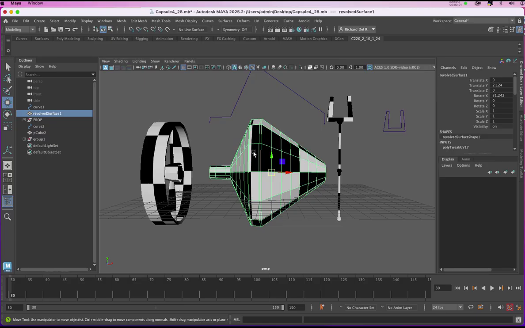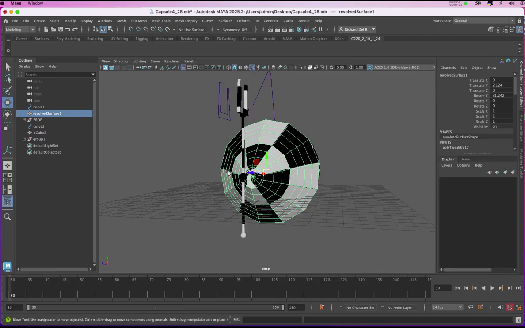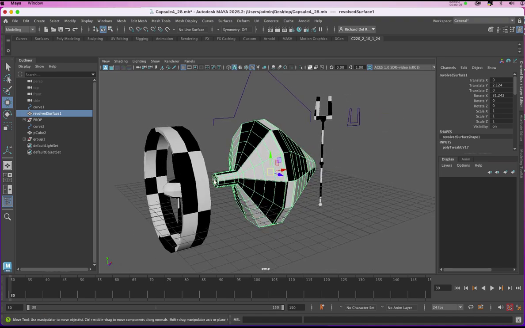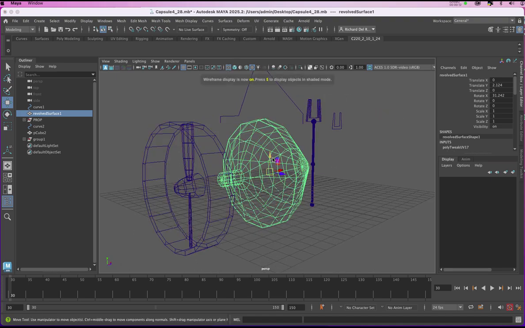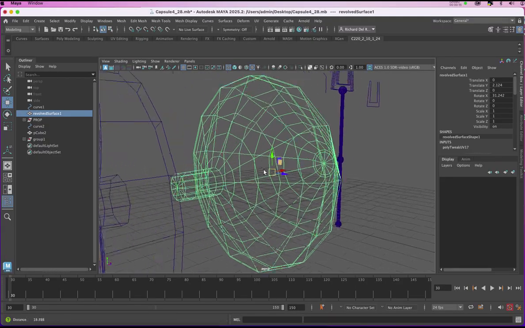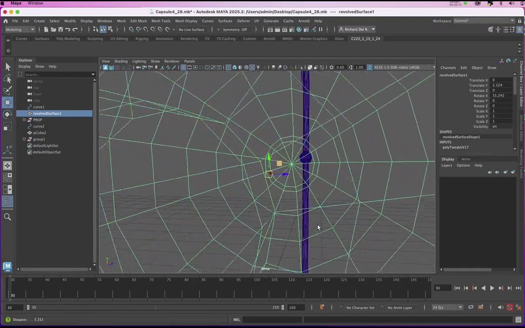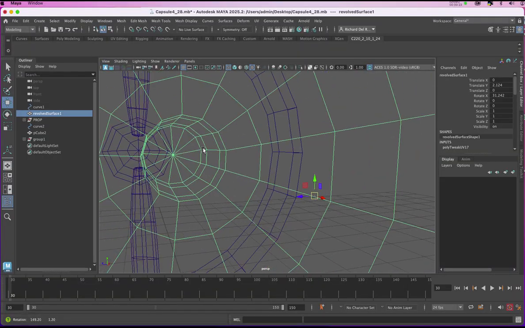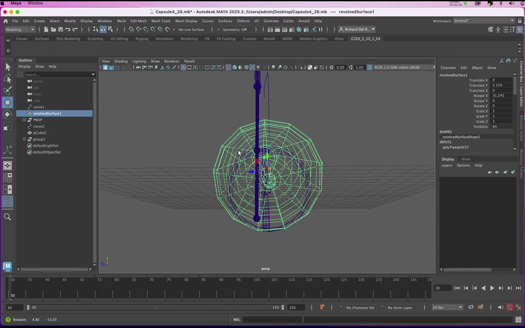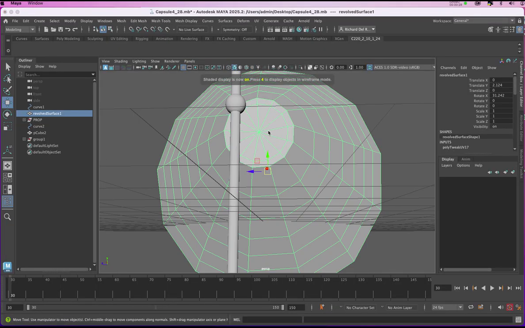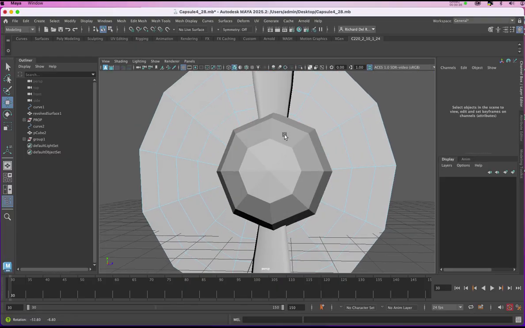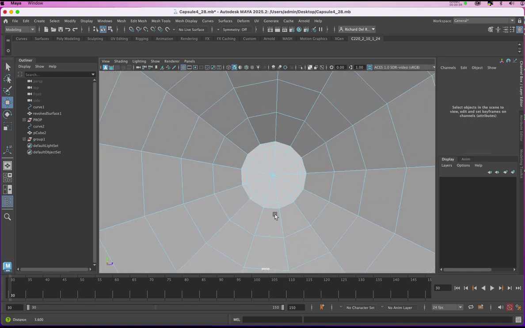Returning to the main capsule piece, I want to use planar mapping for the front of the capsule tip and then that little back piece. So I'll hit 4 on the keyboard so it's easy to see these faces. Now if I zoom in so I'm inside the actual geometry, it's going to make it easier to get those faces. I could have just done it from the outside, trying to be careful and shift select. That would have been another option. I could have gone in and right clicked and chosen face, held my shift and control and clicked on each one, but there's a quicker way to do it by simply going into the geometry,